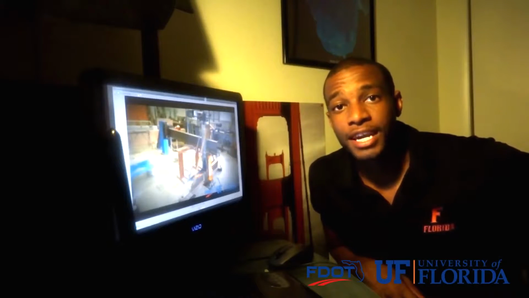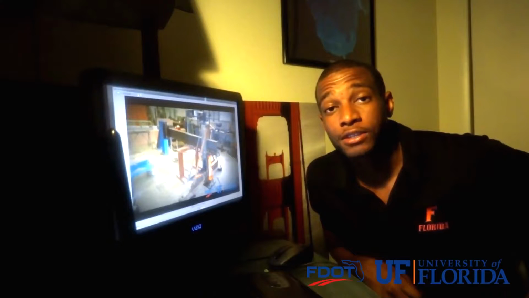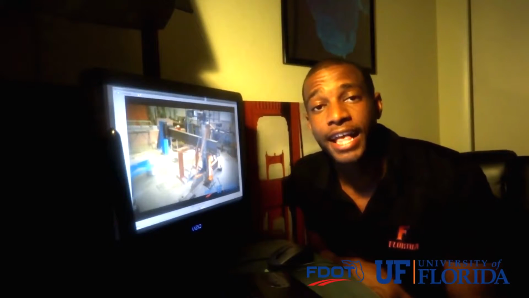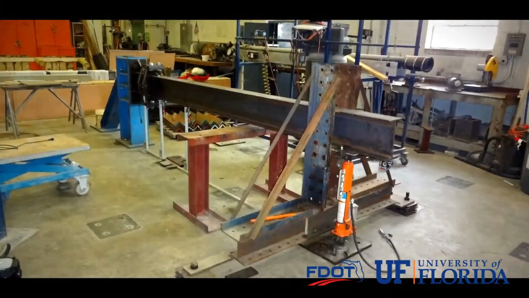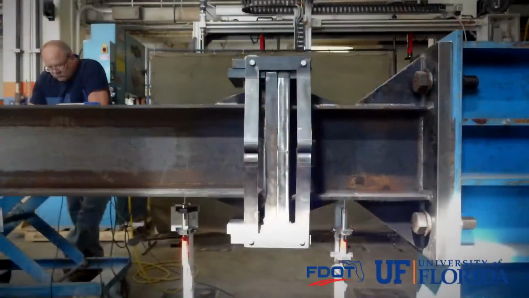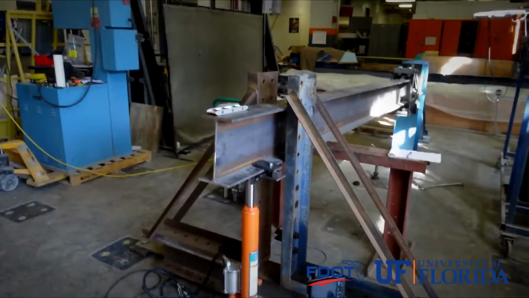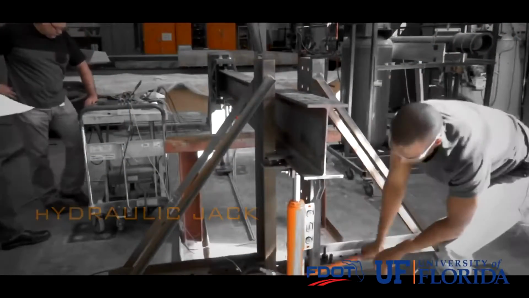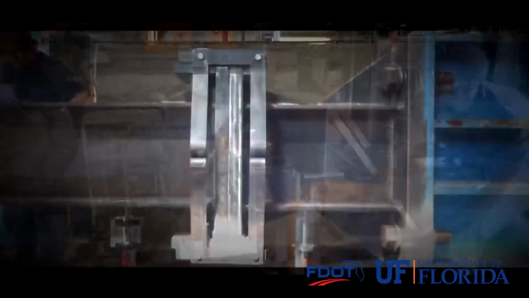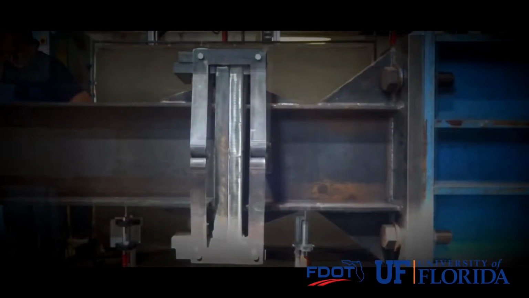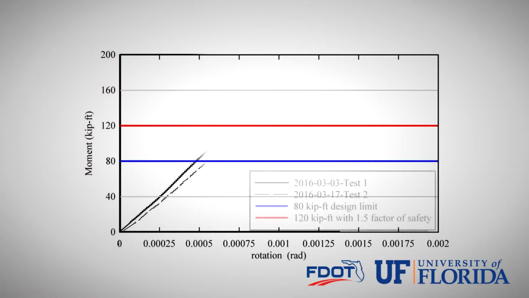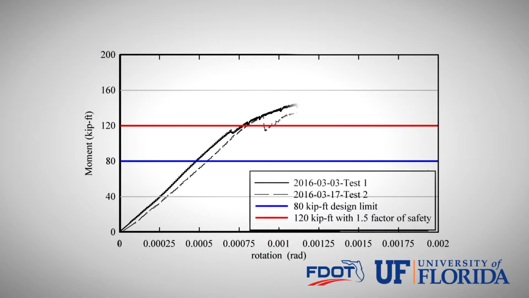The next part of the design process consisted of experimental physical testing. Physical testing was conducted to validate the results of the finite element simulations. For the wind loading case, static flexural tests were conducted in the UF Structures Laboratory. The breakaway system was positioned horizontally and progressively loaded with a hydraulic jack to imitate resultant wind loading. The system response was monitored as loading was applied until the ultimate capacity of the system was reached. The results of the flexural test confirmed that the proposed system maintained adequate capacity, exceeding what was needed to survive